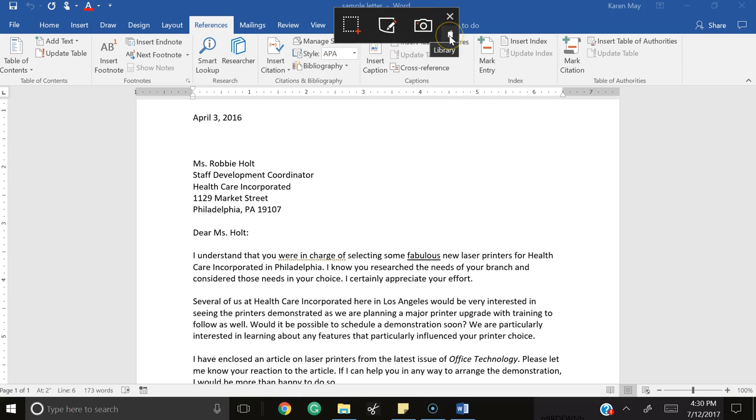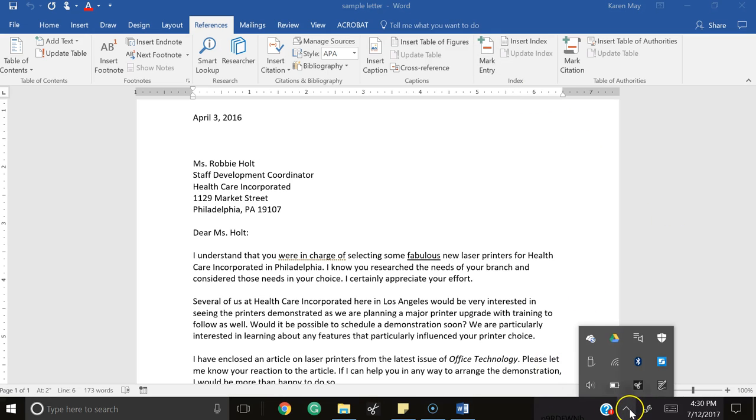You also have a library that you can get to. You do not have to leave this floating up there. You can close it. And down here in the system tray, you can always get to it there. It looks like a pair of scissors. When you right click on it, you have several things that you can do. You can actually start something from there, get to your library from there, and you can also go to settings